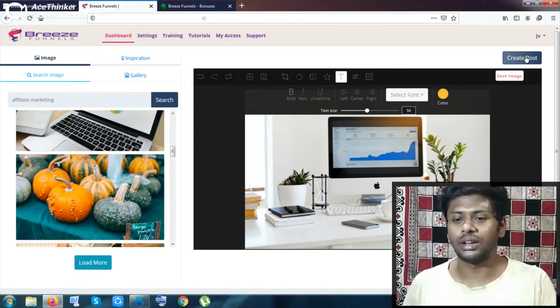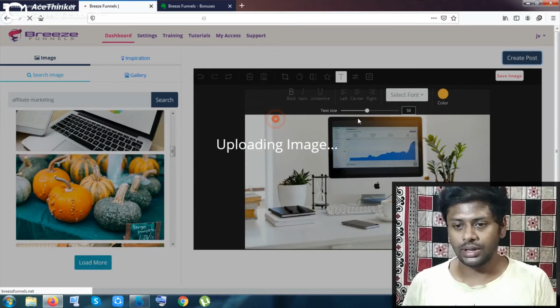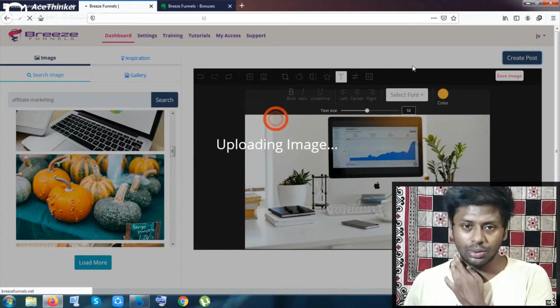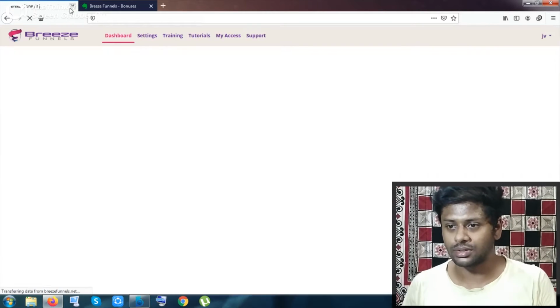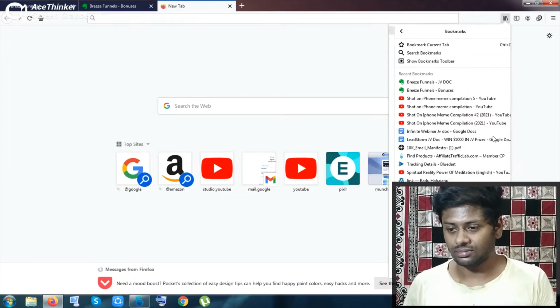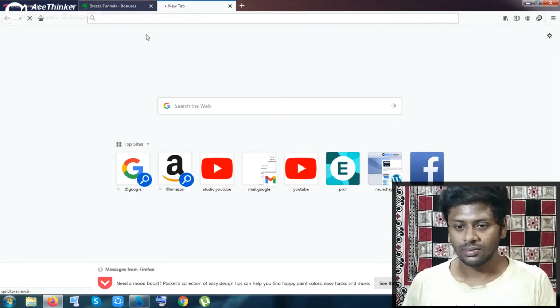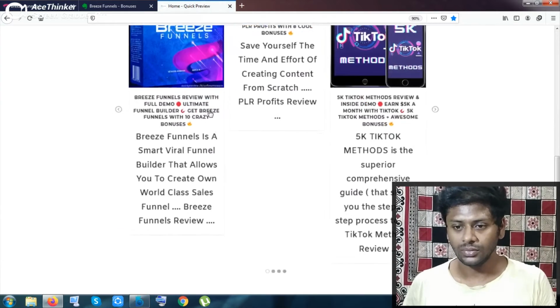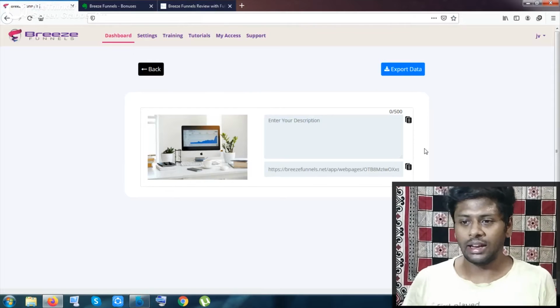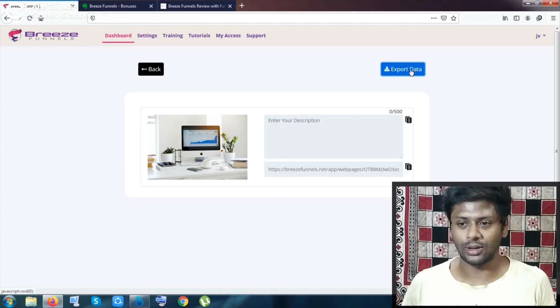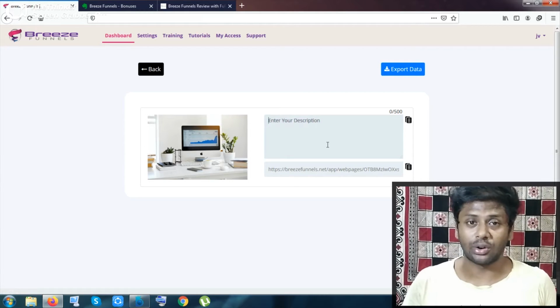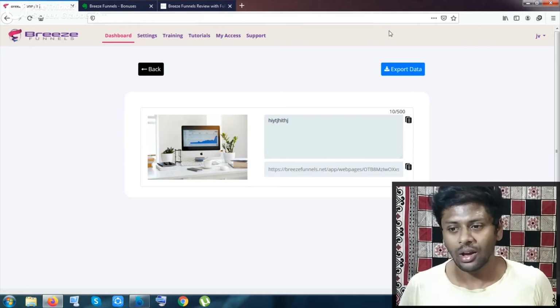Once I have created the post, it will take time, so it is taking time. While it is taking time, let me show, sorry, I have just closed the tab. So it is also done, and you can now export data easily. Okay, so you can put the exact description, or any description, or you can put it from your inspiration, like let me put any random description, or your exact link.